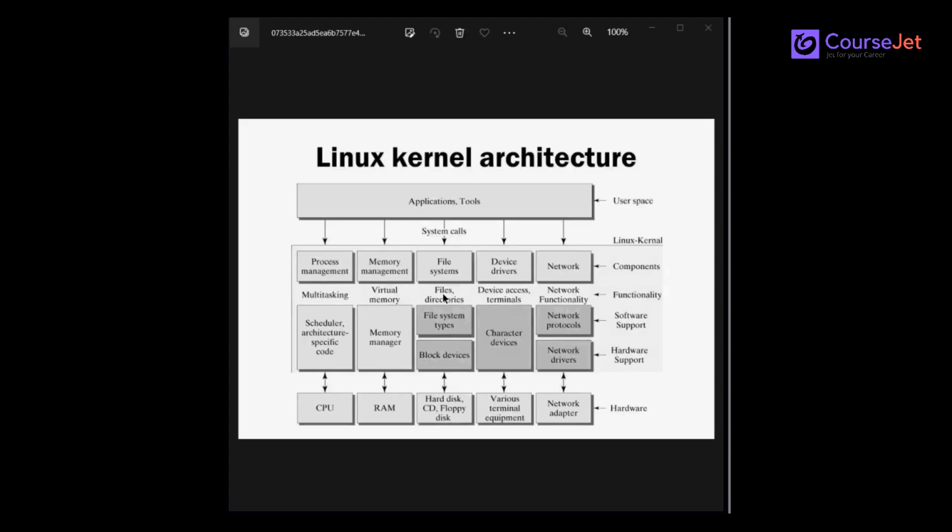Okay. So basically we use all this to write some programs. All that will be taken care of by your file systems. Right. Next what we have is